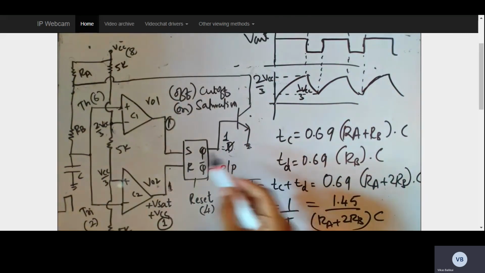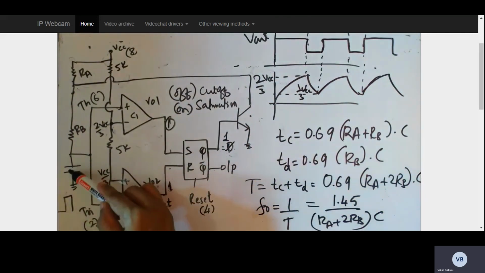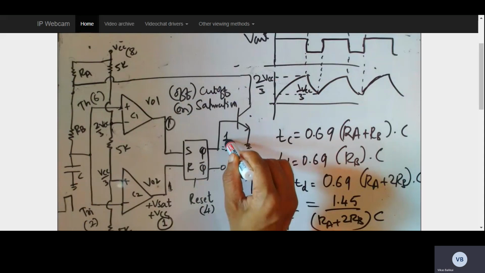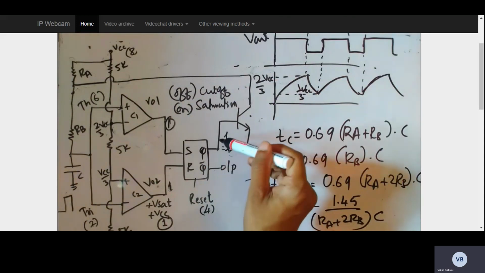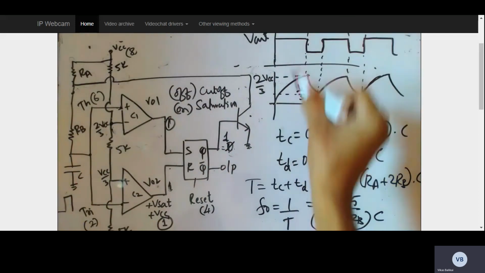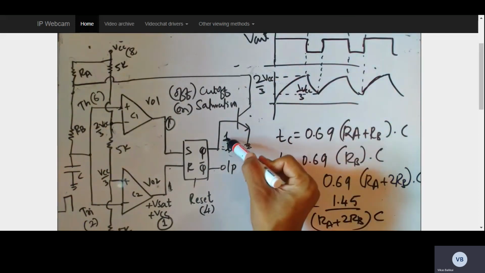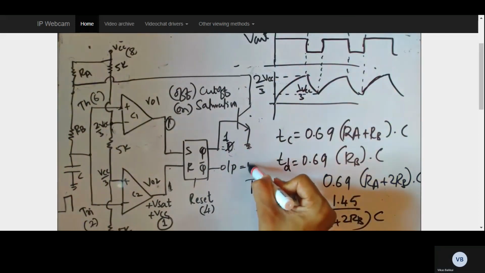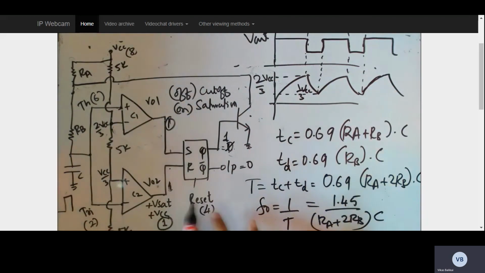So when the capacitor is charging over here, my output Q was 1. If I consider the waveforms in terms of Q bar, this will be exactly opposite, because if Q is 1, Q bar will be 0. I can completely invert the waveforms whatever I have obtained over here, and I can represent both the waveforms in terms of Q and Q bar. Ultimately, it is the square waveform that matters, with proper duty cycle and proper frequency.